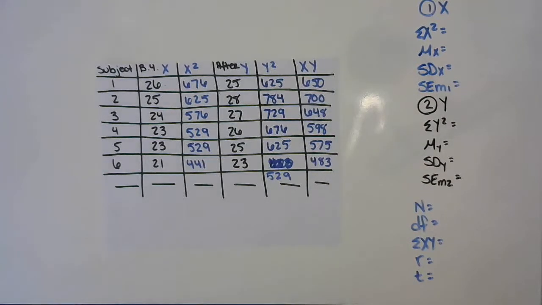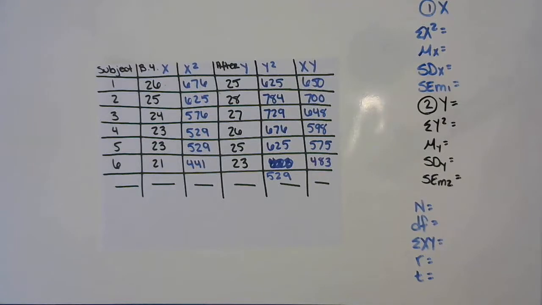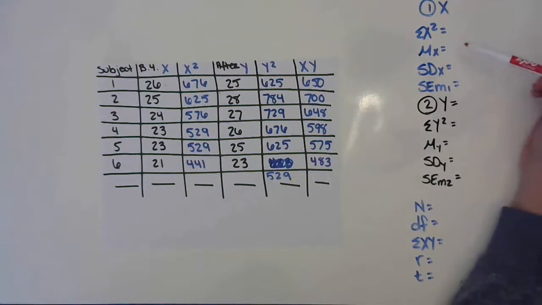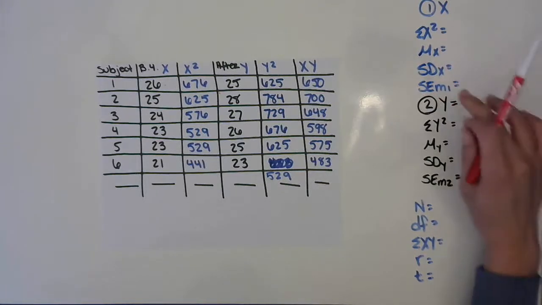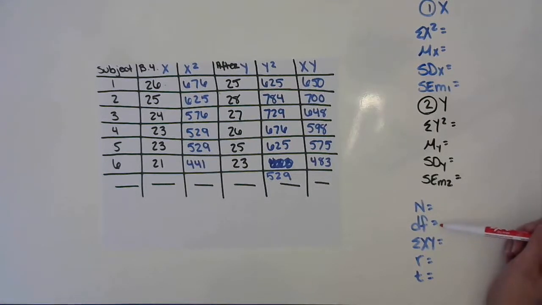And I have gone ahead and gone through the formulas and written down everything that we are going to need to solve the paired T. So we are going to need a mean for group 1 and 2. I have assigned group 1 as the X variable and group 2 as the Y variable, so we're going to need a mean for both groups. We are going to need the sum of the raw scores for X and for Y. And then we're going to need the standard deviation for both, and then the standard error of the mean for group 1 and standard error of the mean for group 2. We're also going to need an N value, degrees of freedom, the sum of XY, and an R value